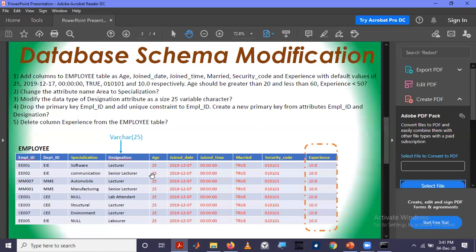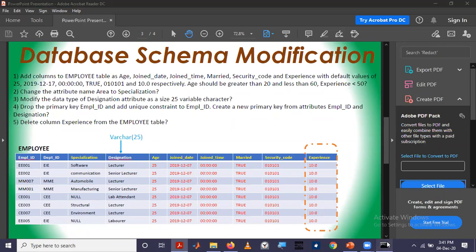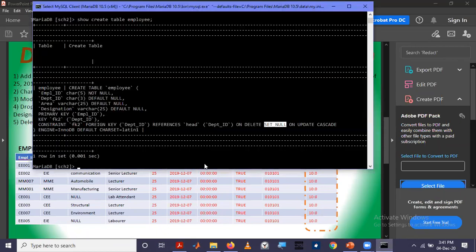If the user tries to enter such a value, there should be an error message. Another constraint is that experience should be less than 50. We will see how we can do this one by one. The keyword to change the definition of a relation is called alter.